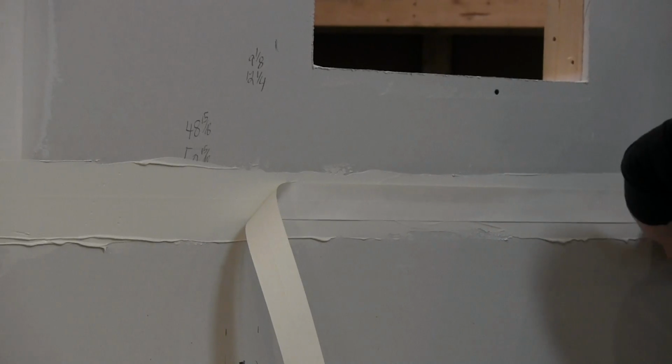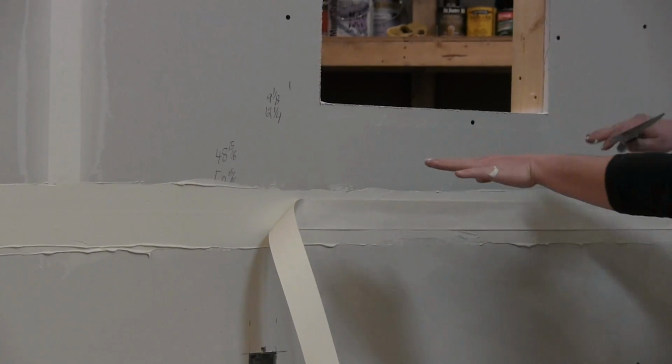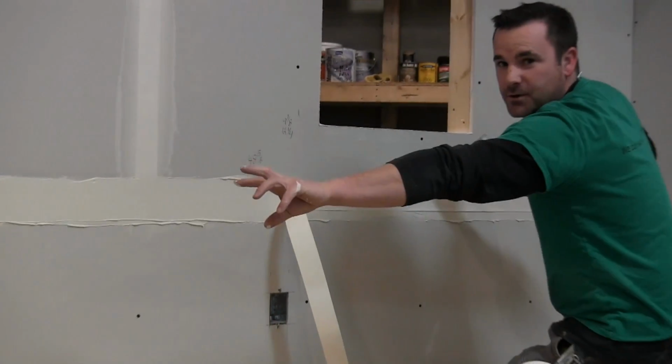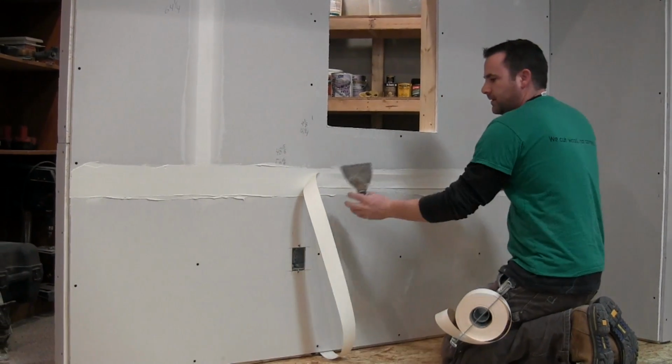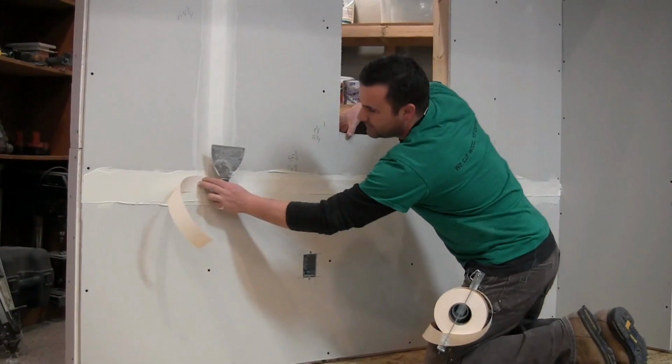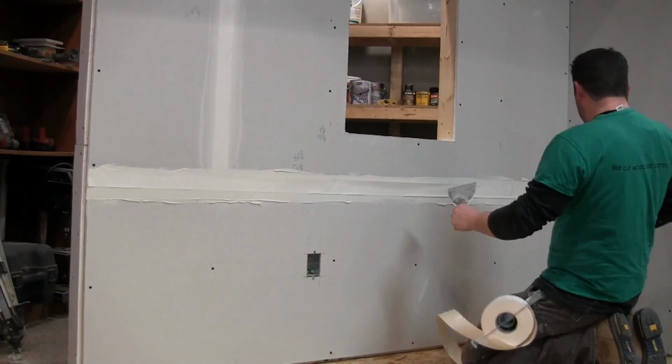And just kind of push lightly on the tape. Because if it's off kilter, it'll just continue and you'll go right off of your joint. So then you either just cut it and put it on square or that kind of thing. You just want to stay as dead center over that gap as possible. So